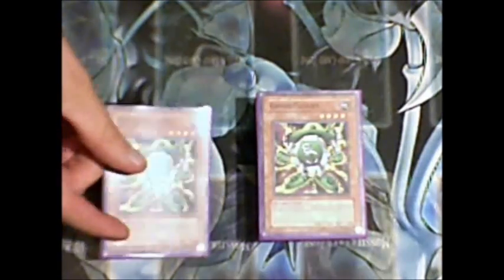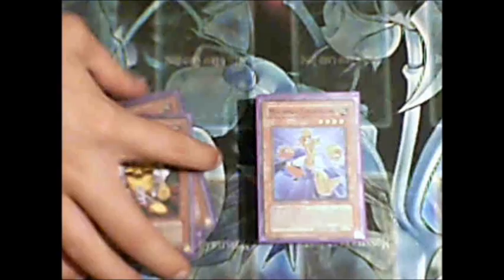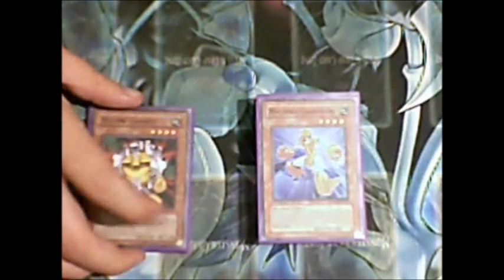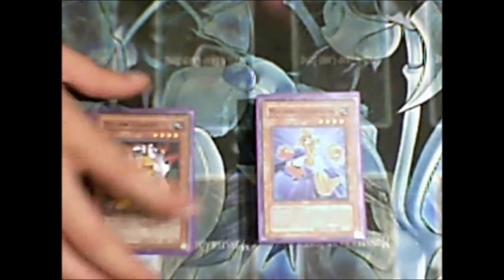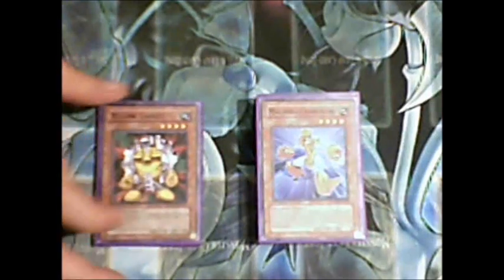Anyway, so here's the gadget lineup: 2 green gadgets, 2 red gadgets, 2 yellow gadgets. You only want to run 2 of each because, unless you're running Ultimate Offering and you're comfortable running 3 of each gadget, then go for it, but